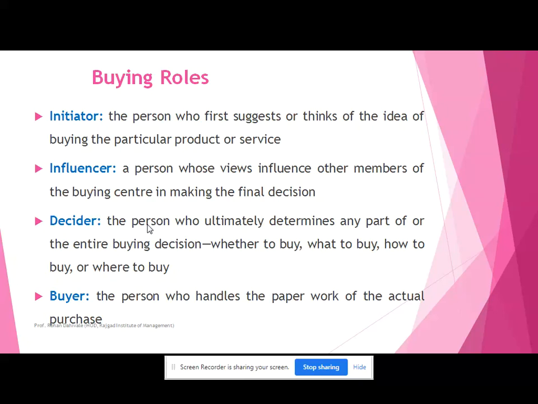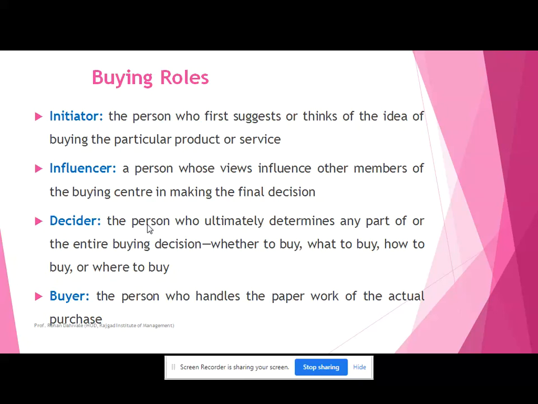Where a purchase decision is made by a small group, such as a household, different members of the group may be involved at different stages of the decision process and they may perform various different roles. For example, one person may suggest the purchase category. Another person may search for product-related information, while yet another person may physically go to the store, buy the product, and transport it to the home. So, buying roles refer to the various activities that one or more persons might perform in the buying decision process.